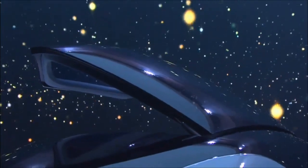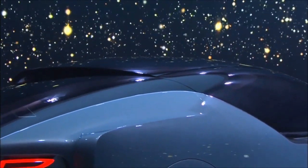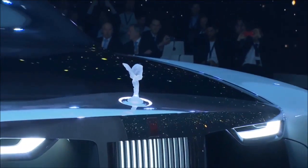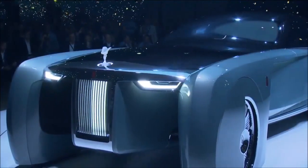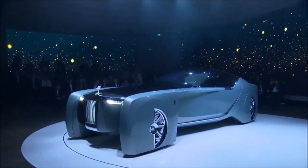I see a beautiful long-term vision of what we think future mobility in luxury terms will be. It is gorgeous, it is a true Rolls-Royce, it is latest outstanding technology, and it is for me the lighthouse which guides us as a brand and also as